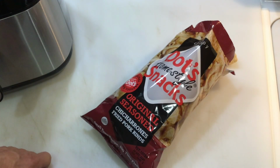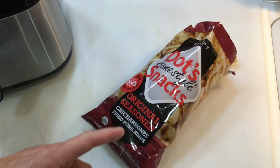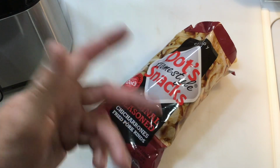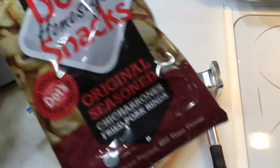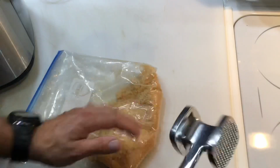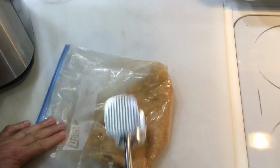Yeah. That's going to be awesome on chicken. I'll show you how we're going to bread them up. I'll show you how I'm going to crush them, bread them up, and then we're going to cook them in the air fryer. All right, so there they are. That was the whole bag. It's only a 4-ounce bag, and remember, that's mostly air because it's fried. And I'm just using my meat tenderizer. Obviously, I've got it in a Ziploc, and we just...